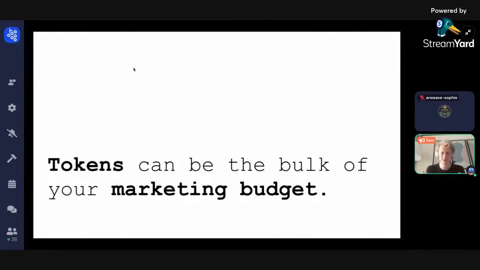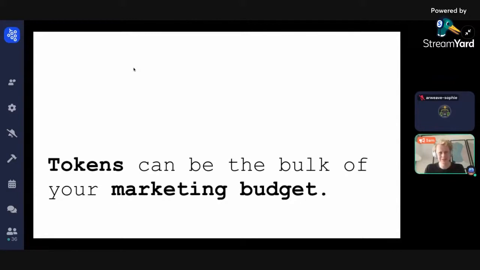And essentially, you can use these tokens as your marketing budget. So you don't have to get dollars to pay for marketing, you just deploy the tokens directly themselves. And for a lot of the founders in the ecosystem, we see that there's a big skew towards technical focus rather than marketing focus. And we think that these token reward systems could be the kind of, what's the phrase,